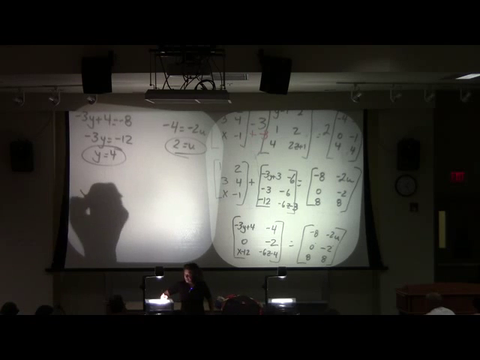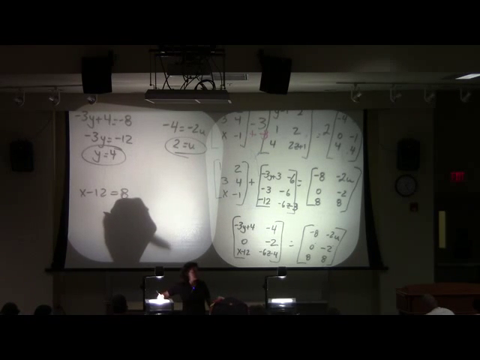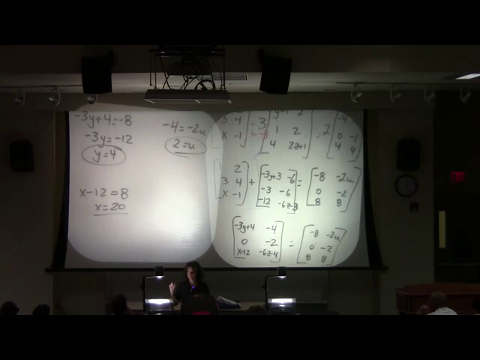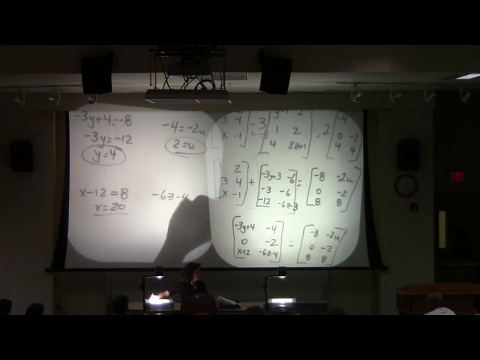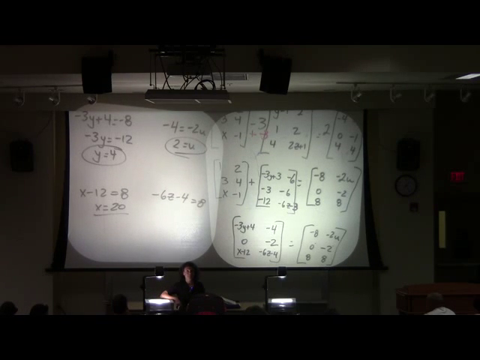Next, don't I have x minus 12 is equal to 8? So what's x? 20. And last but not least, negative 6z minus 4 is equal to 8. What do? First you add 4 to both sides. So don't you have negative 6z is 12? Divide both sides by negative 6, and you're going to get z to be negative 2. If you don't remember algebra, please try to remind yourself.